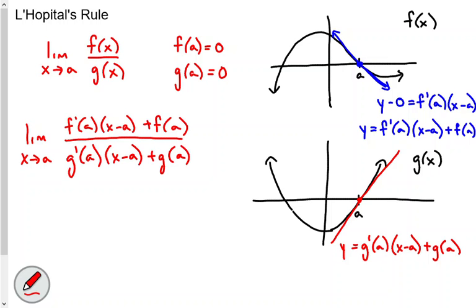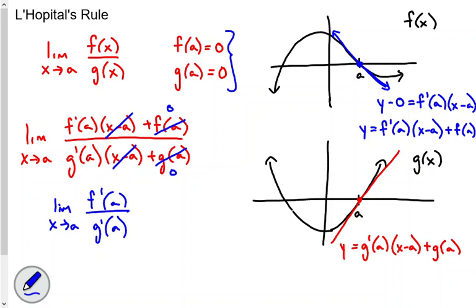But the reason why you can apply L'Hopital's for when it's 0 over 0, because if f of a is 0 and g of a is 0 as well, then I have this limit with all of this gone, right? And then what happens? The x minus a's go away, and there's your limit, L'Hopital's. That's why you can take it of the derivative,